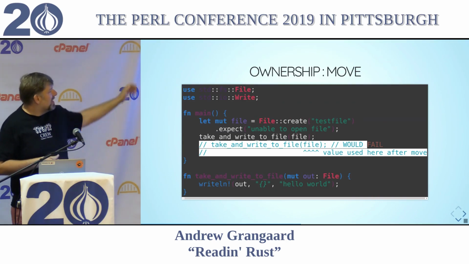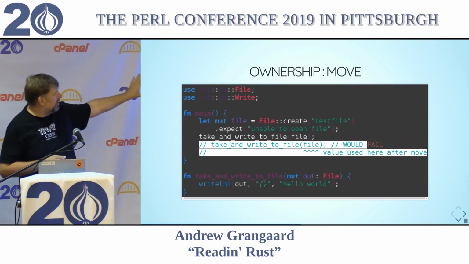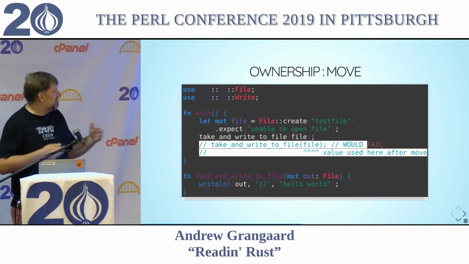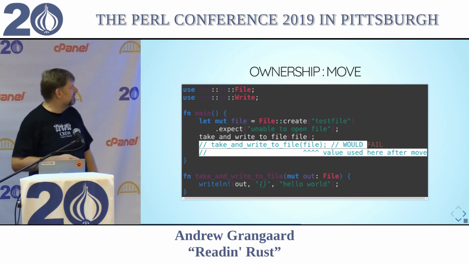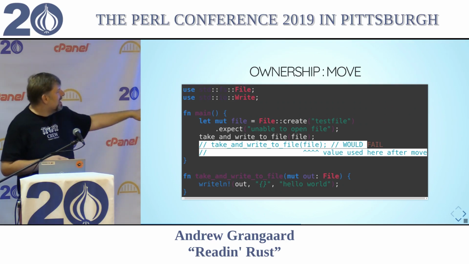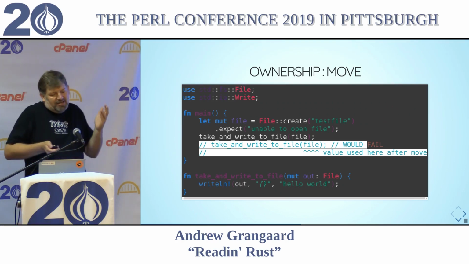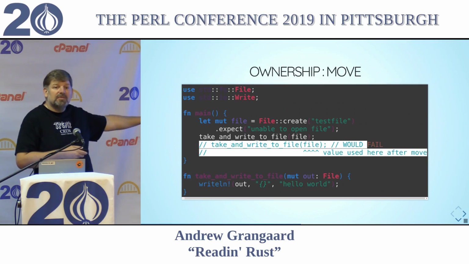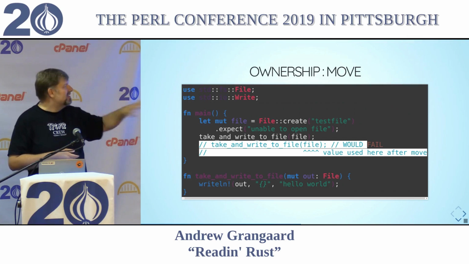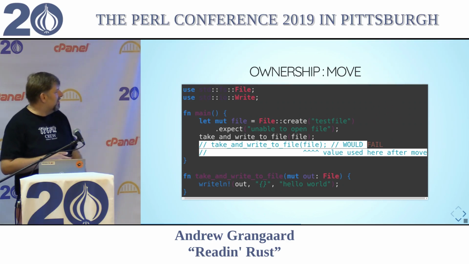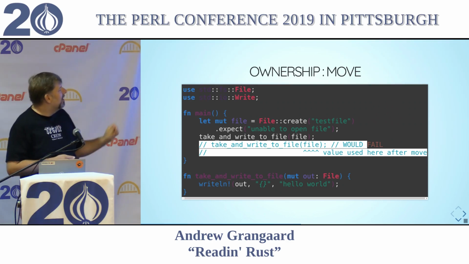So if you call this code, it would work. I have this function called take_and_write_to_file that takes a file, and it does something cool. It prints hello world to that file. Can't really read it, but the reason it's called take_and_write_to_file is because that's telling you what it does. All these must be camel case, not snake case. No, wait, snake case, not camel case. Right, with the lowercase and the underscores. That's how you write a function.